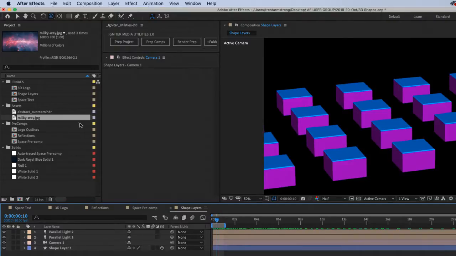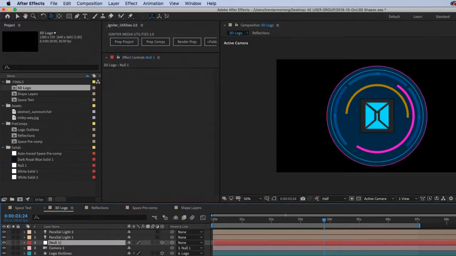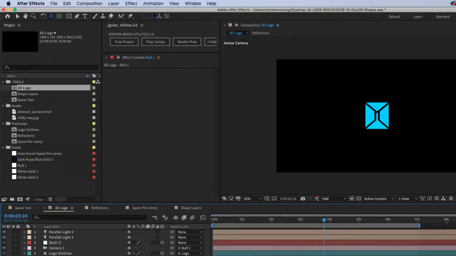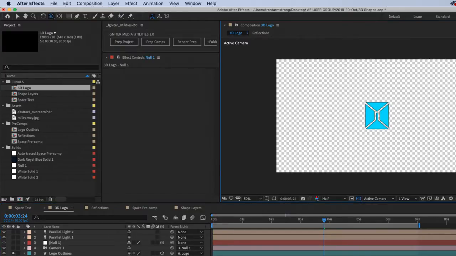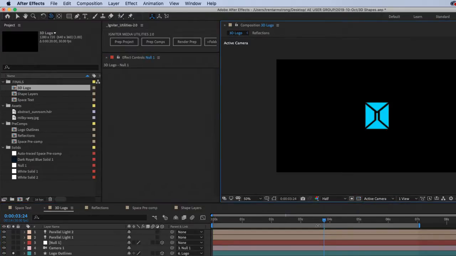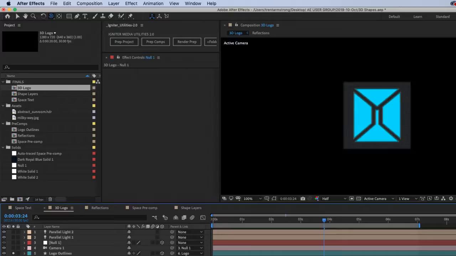Now we have a logo. And this logo has been created with a few different elements. I have this here, and an outline. Can't see it right now, but it's there. And I have a little grid that sits on top of this box here. The box is a shape layer, and the grid is a 2D layer, 2.5D we'll say, since it doesn't have any depth.